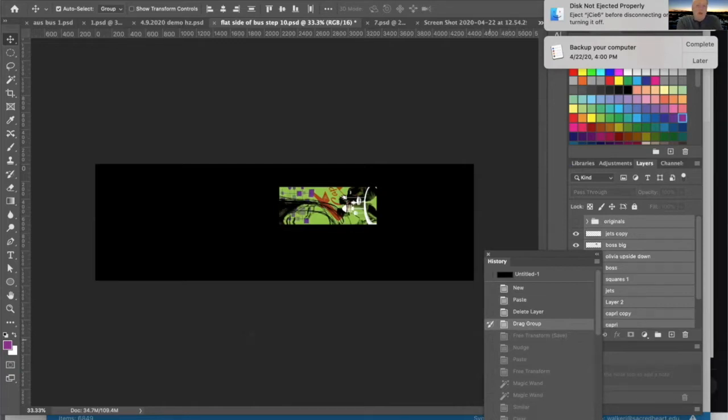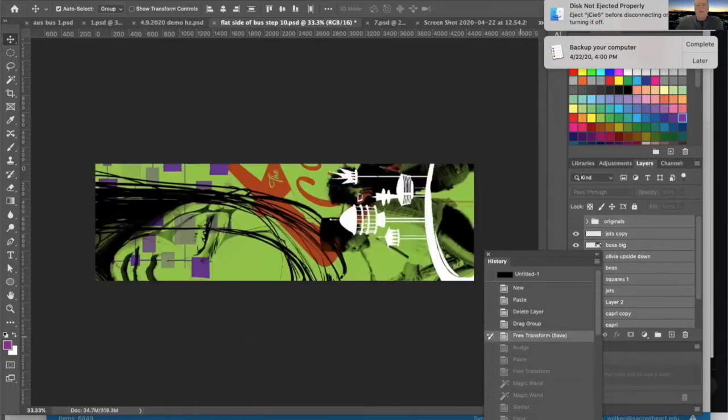So I'm going to go to Command T, which is a free transform tool, and I took it and dragged all the corners of it, until it more than filled. It's a little bit over in a few spots, but now I've got this banner that is basically the same